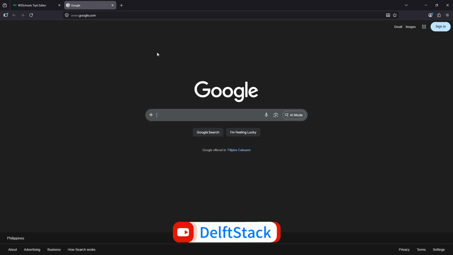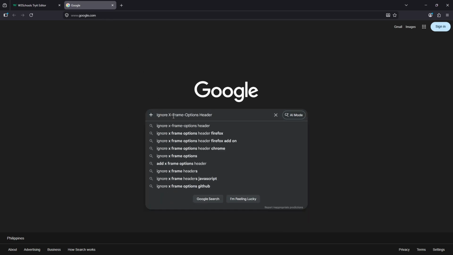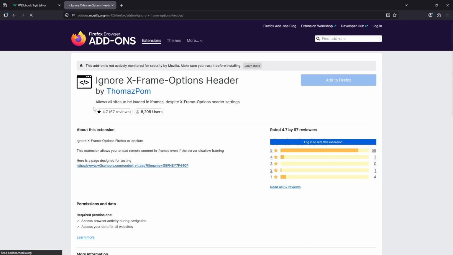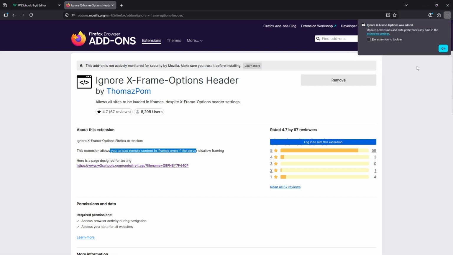Now, if you're still having issues, guys, you would just simply search for the ignore X-Frame-Options header and make sure to go for the Firefox add-on in order for you to have this one. So as you can see, these extensions allow you to load the remote content in iframes even if the server disallows framing. So select add to Firefox, guys, select add over here, select OK, and pretty much after that you